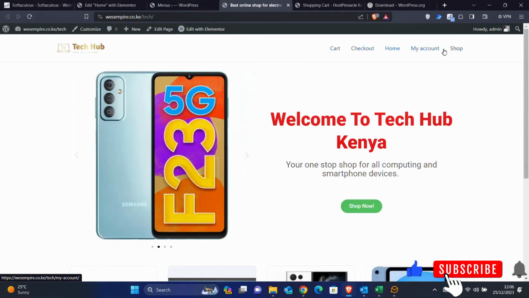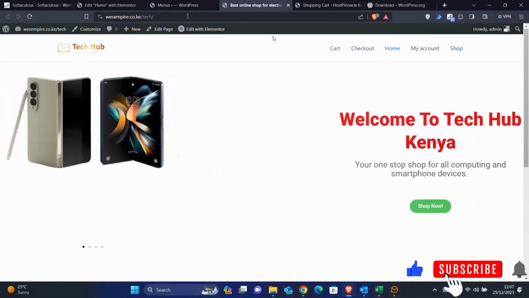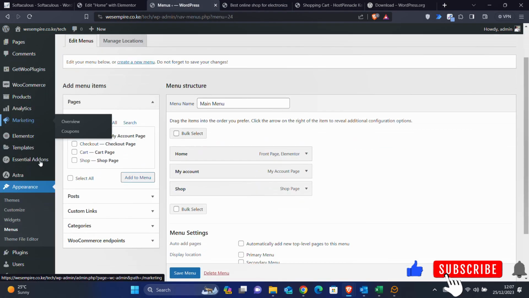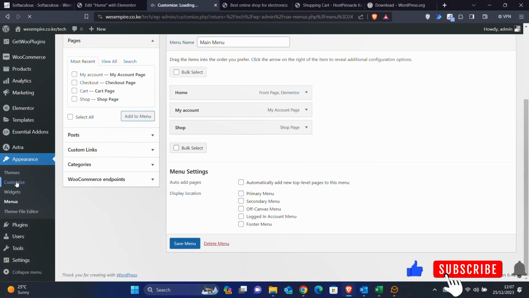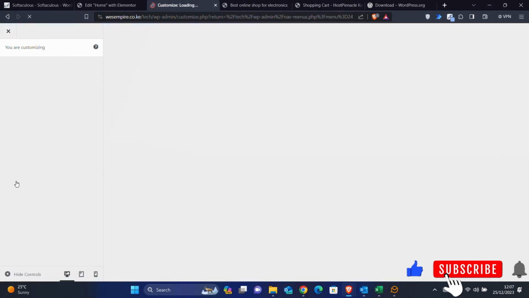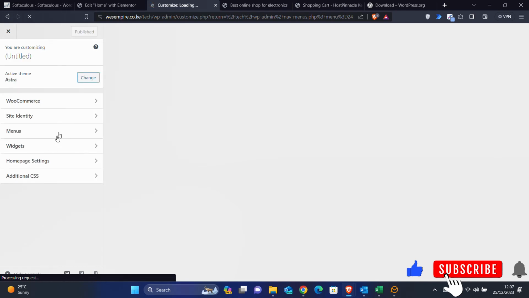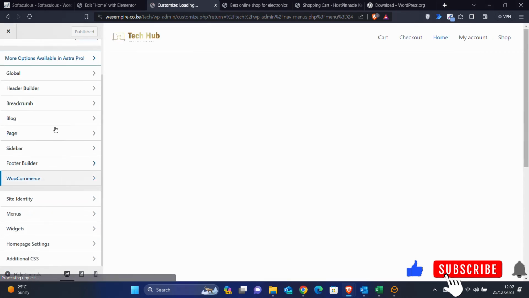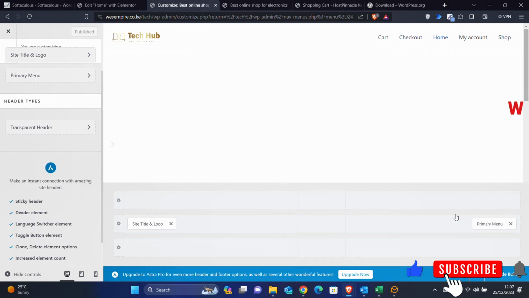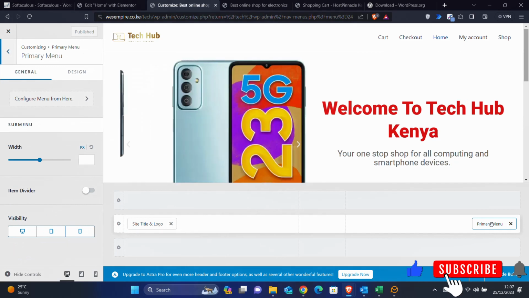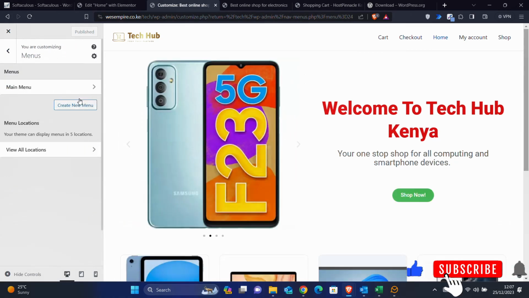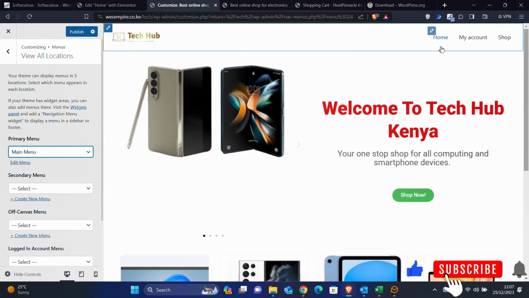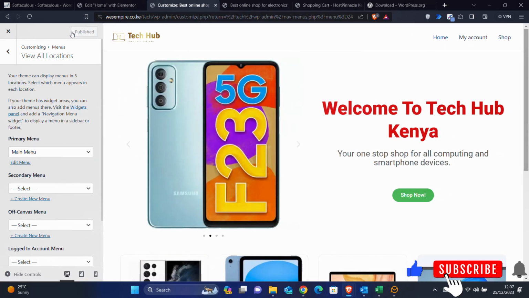So that menu is supposed to replace this menu at the top here, but you can see after reloading no change has happened because we need to go back to our customize here and specify that menu. So back to customize, and we need to start with the header builder here, and you can see primary menu here. So select it, then configure here, then select. You can see now our main menu is there. Select that, and you can see the change there. So update that, go back